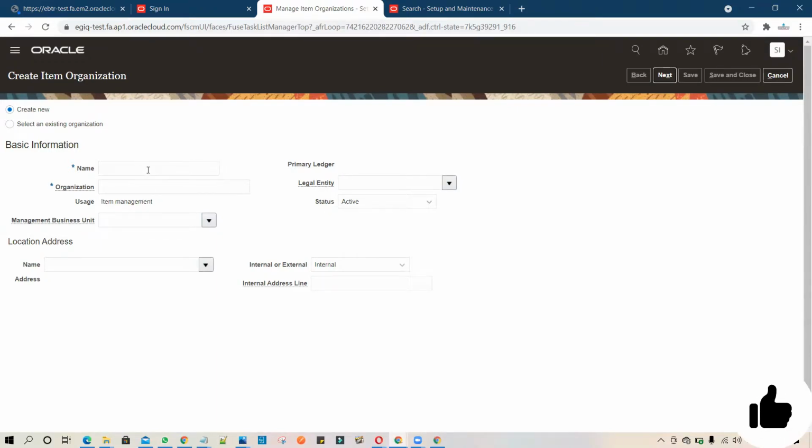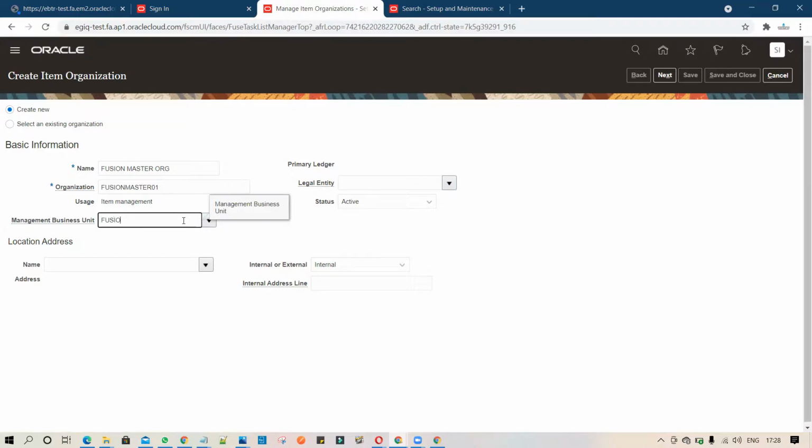So to create the item organization, you can set up the name based on your business need. So I'm setting up Fusion master org, and then I will put Fusion master 01. So it is my master organization, and after that you have to enter your business unit name.